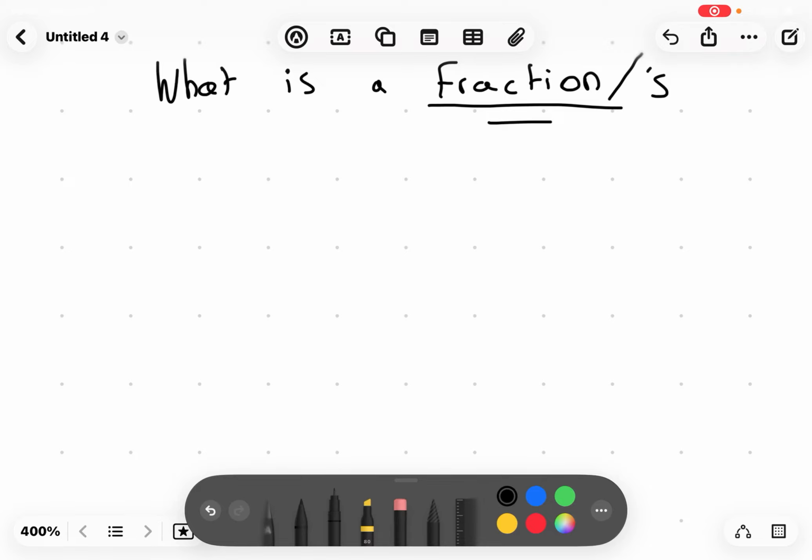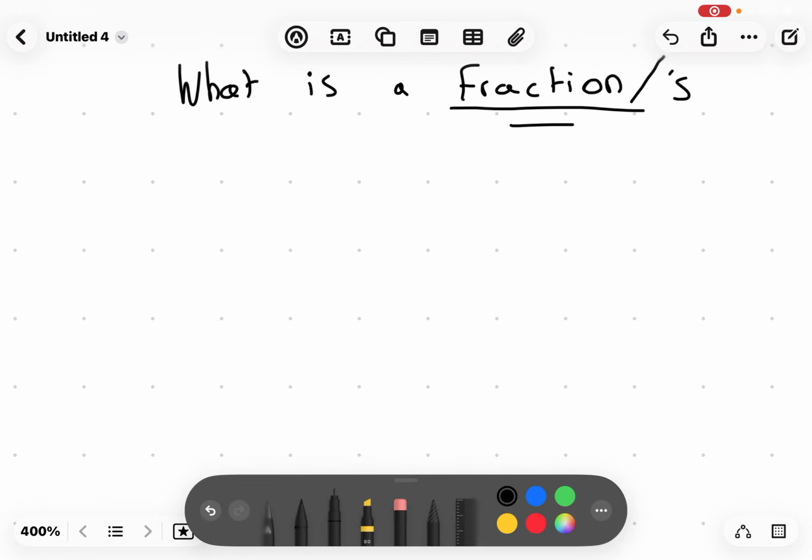Hello, today I want to talk about fractions and all the laws about them, that type of stuff. What you need to know about fractions. So first of all, what is a fraction? Basically, a fraction is